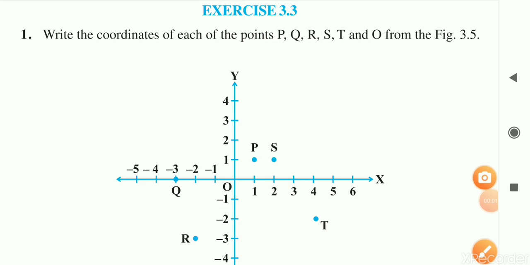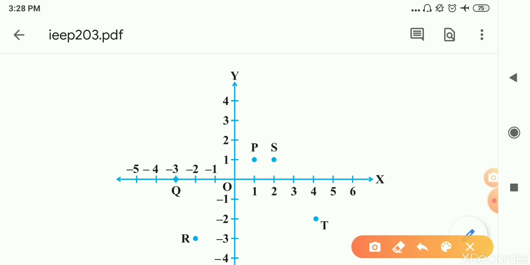So here we have exercise 3.3 of the NCERT exemplar book of standard 9th, and the chapter we are studying is coordinate geometry. So let me explain this. Here we have question number one. Write the coordinates of each of the points P, Q, R, S, T and O from the given figure, that is in figure 3.5. So first of all we are going to find the coordinates of point P,